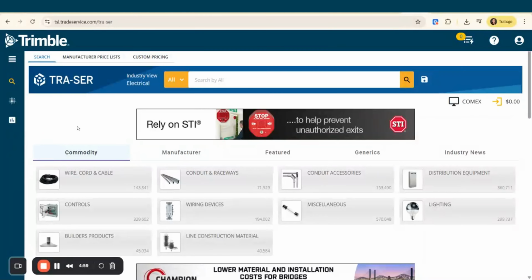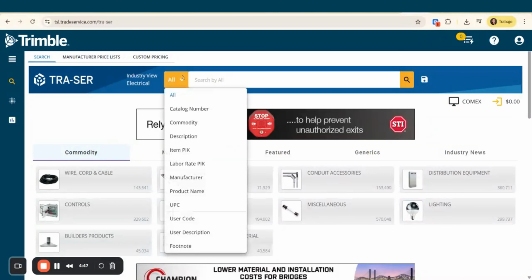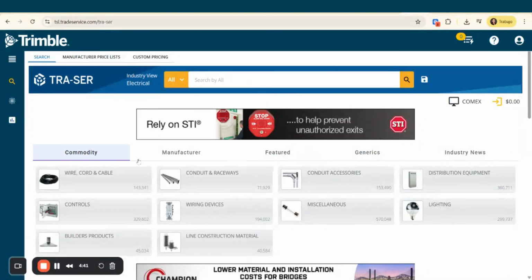This is how to find LED lighting supplies products on Tracer by Trimble. Once you log into Trade Service Live, you now have the ability to search by keyword, by any of the fields listed, to drill down by commodity, by manufacturer,